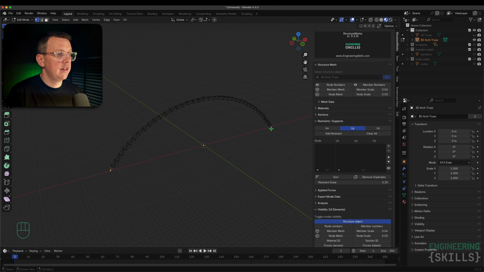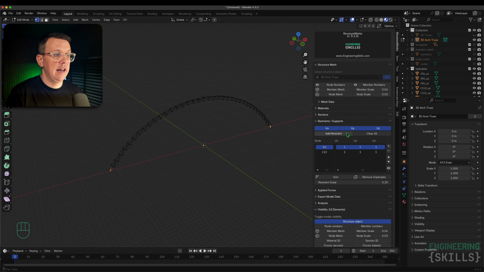I obviously want this guy, well, that obviously wants to be a pin. I'm going to make this a 2-pinned arch rather than a pin here and a roller here. So I'm going to select both of those, select restraint in all 3 directions and hit add restraint. Okay, the restraint scale is a little bit small for this scale of structure, so I'm just going to